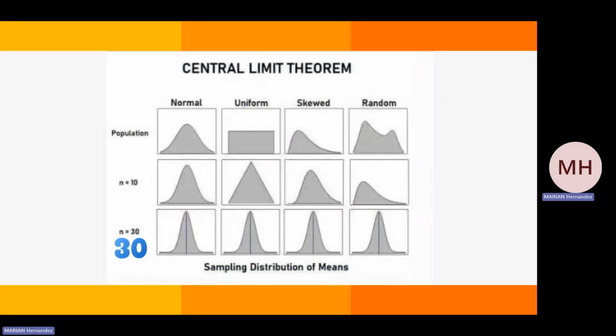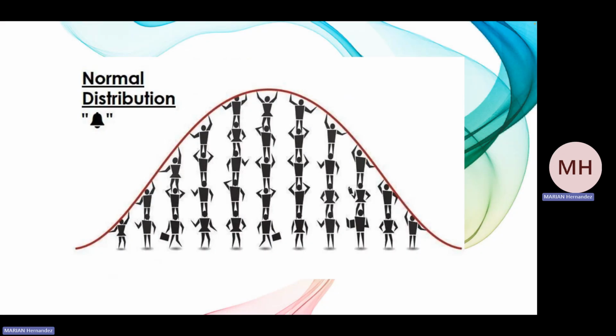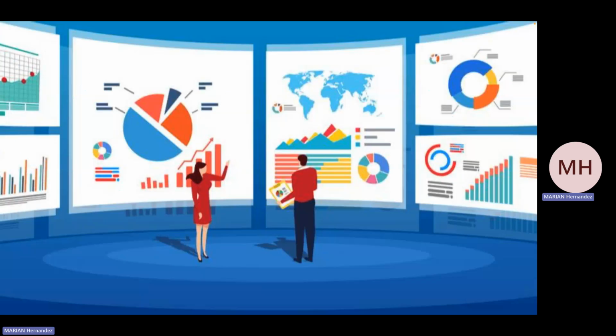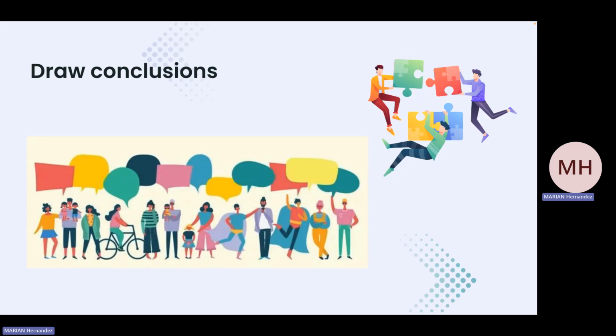When n is less than 30, the central limit theorem doesn't apply, and the sampling distribution will follow a similar distribution to the population. Third, it allows us to make powerful inferences about the population based on our sample means. We can calculate probabilities, make predictions, and draw conclusions about the characteristics of the entire population with a high degree